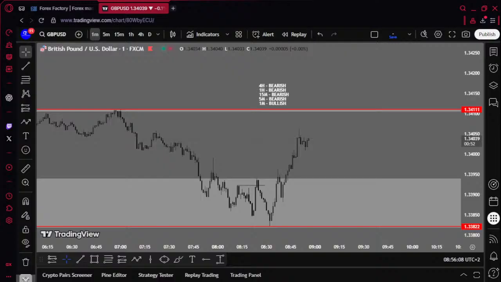I'll be very inaccurate with my entries, because the 1 minute gives a lot of false breakouts, whereas the 5 minute is less likely to give false breakouts, in my opinion. And it has proven that to me in the last few years, where I've seen that the 5 minute is so much more accurate than the 1 minute